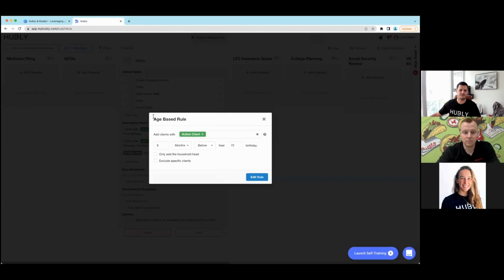And you're able to set up a rule just like this on any one of your workflows in Hubly. Awesome. So basically what that allows you to do is really plan out those long-term engagements. And by virtue of doing so, it allows you to also set up these automated triggers